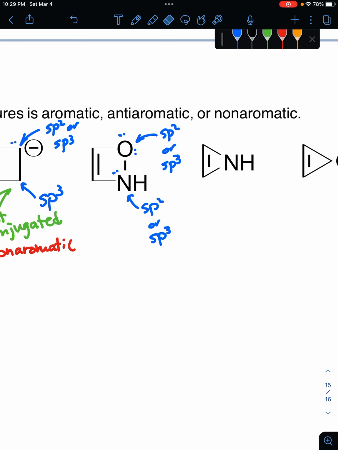So non-aromatic, it doesn't mean the worst thing, but if it could be aromatic, it would prefer that. So let's think about the possibility in which both of these are sp2, so that all four atoms are conjugated. Okay, then what happens? Well, then